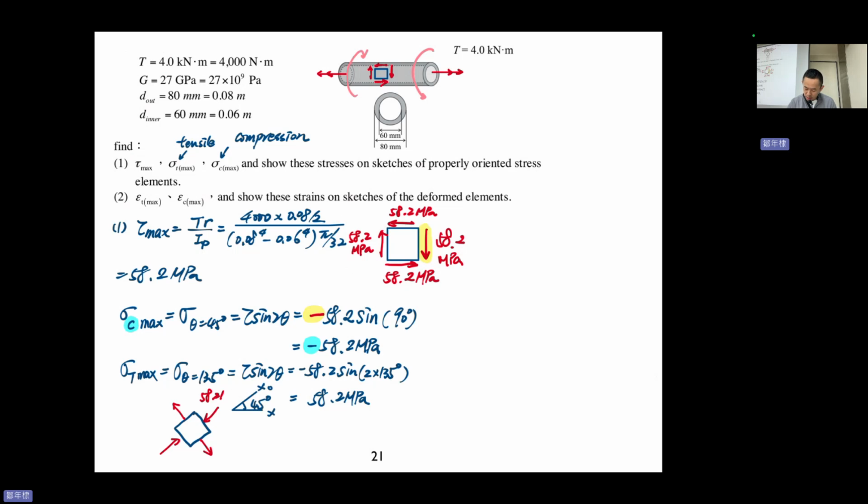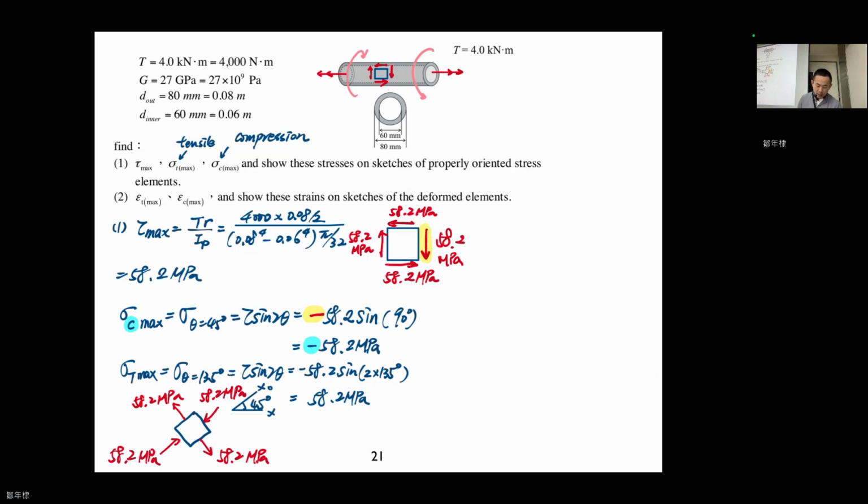58.2 MPa, 58.2 MPa, and 58.2 MPa. Okay, that's it. So you can see that maximum shear stress happened at 0 degree, and the 45 degree stress element has the maximum compression, the maximum tensile. Okay, so that's the first